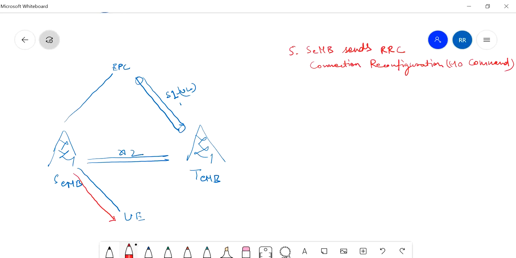So after that it sends to UE, and then the next step is, we can say the UE gets detached. After this step, right, the UE gets detached from the source eNode B. This link is detached.